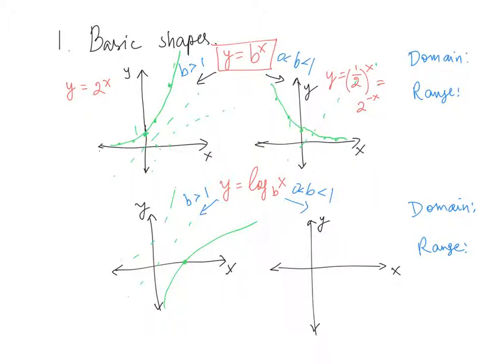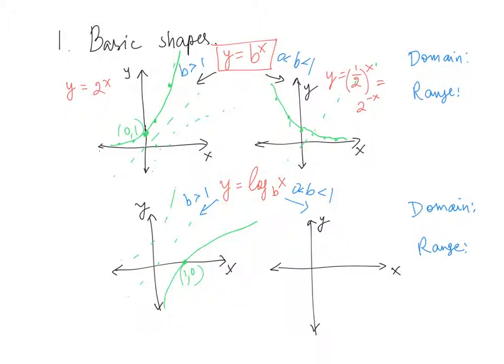So the point that was 0, 1 now is 1, 0. The asymptote, the horizontal asymptote of the exponential function, which is the x-axis, now becomes a vertical asymptote for the logarithmic function, because x becomes y, as you remember, for inverse functions. Same thing happens for